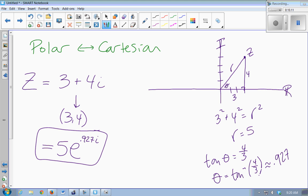Okay, so I just went Cartesian to polar, right? I started out with a Cartesian 3 plus 4i, Cartesian (3, 4). We converted it to a polar point (5, 0.927), and then put that complex number in polar form. All right, so I'm going to go backwards. If I start with the complex number in polar form, 5e to the 0.927i,